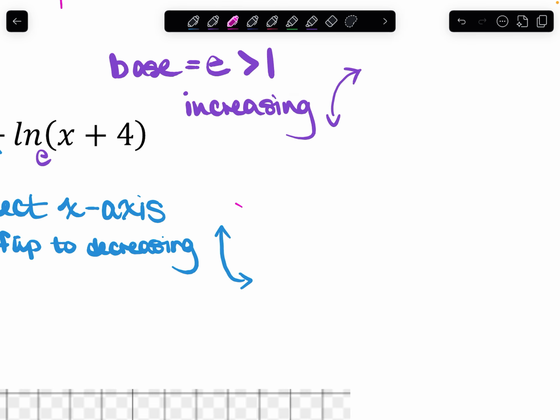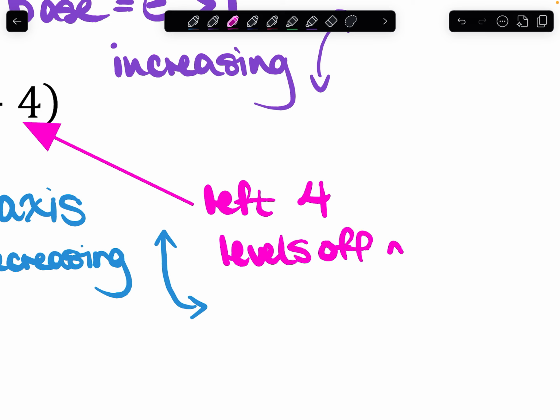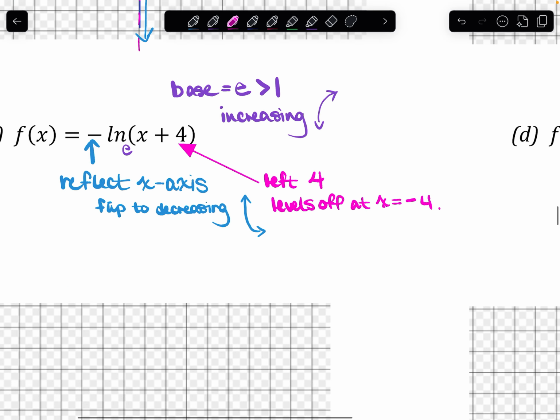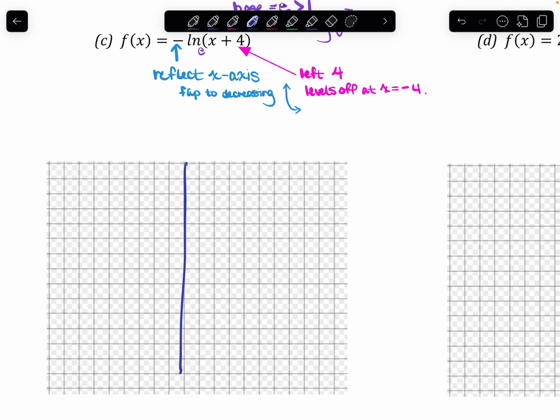Next transformation, inside here we have a +4. Remember that is C minus right, plus left. So we are going left 4 units. So this function is going to level off at X equals left 4, which would be -4. So X, Y axis, go here, and we'll go here. All right, -4. Again, you don't need to draw these lines in on the online homework,